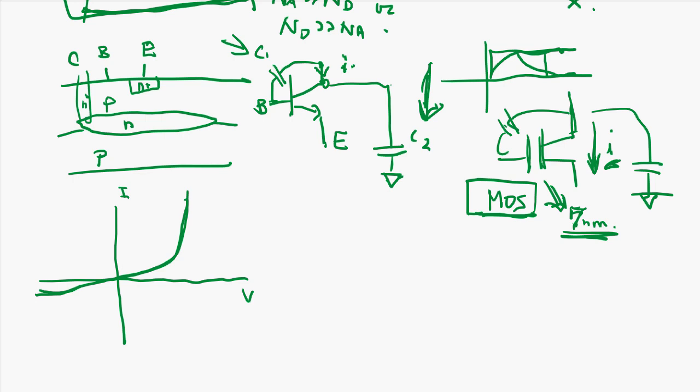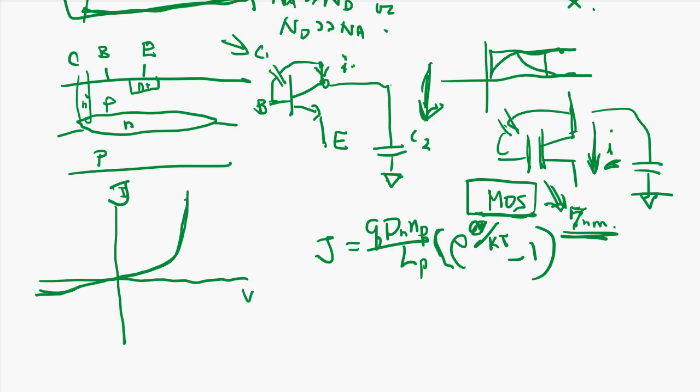Well, the original equation he made is J equals Q D_n n_p over L_p, times e to the QV over kT